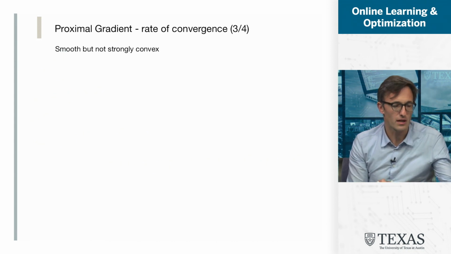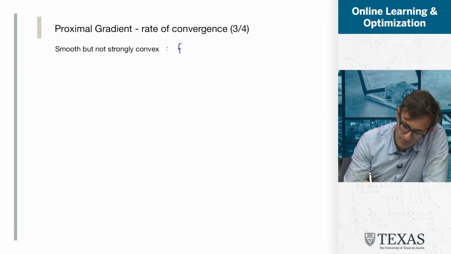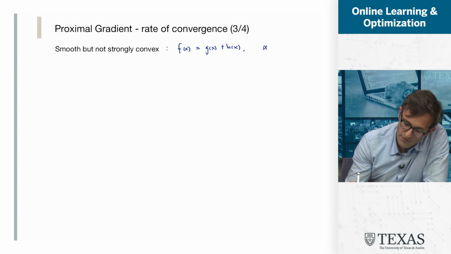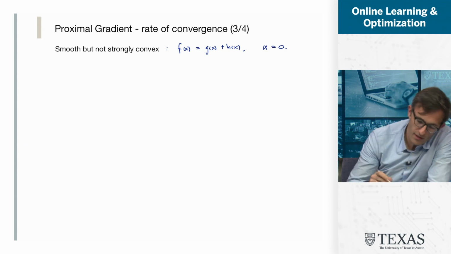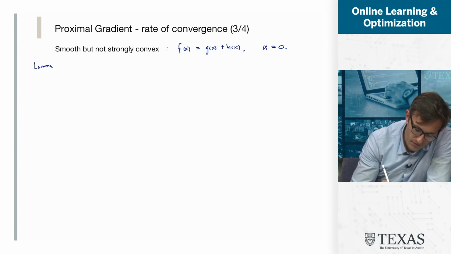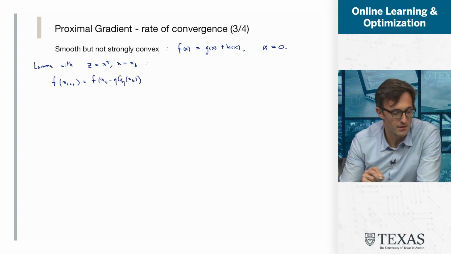Okay, so now let's look at the consequence of this. I want to look at the rate of convergence for f of x equal to g of x plus h of x when alpha is equal to 0. In other words, when I have a smooth but not strongly convex function. The lemma with z equal to x star and x equal xt gives me f of xt plus 1. Remember, this was just f of xt minus eta g eta of xt, the whole purpose for defining the gradient mapping,